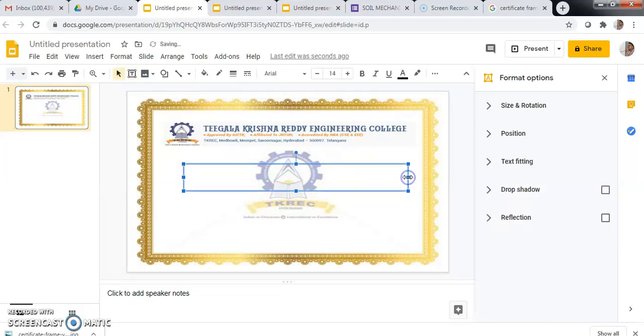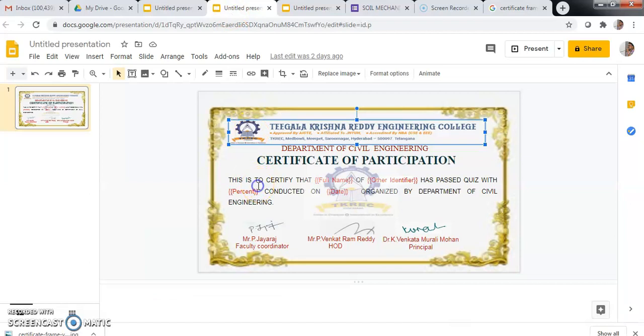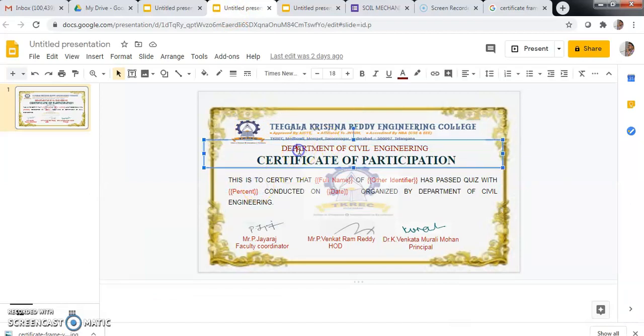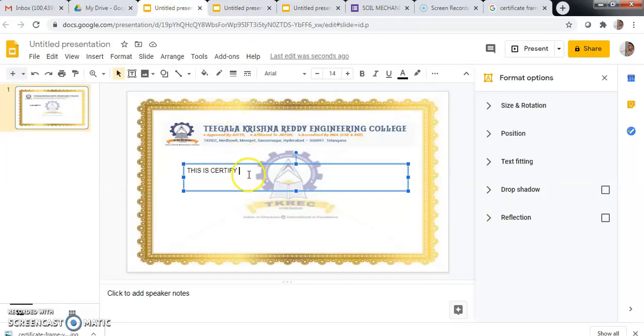Text box. This is "certify that", for example I'm just copying this. This is department, choose the text box and just click and paste it.